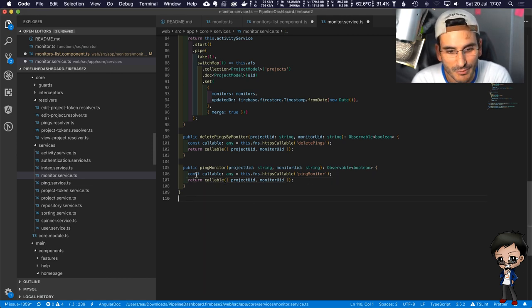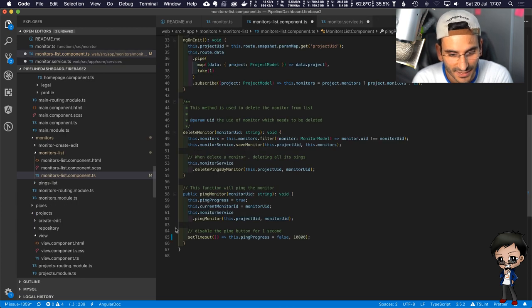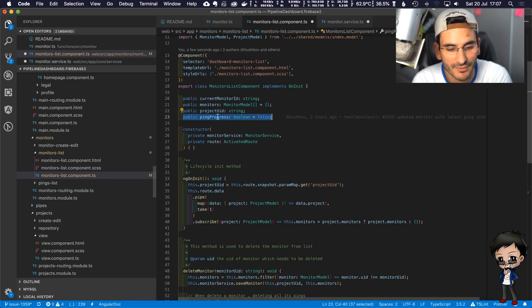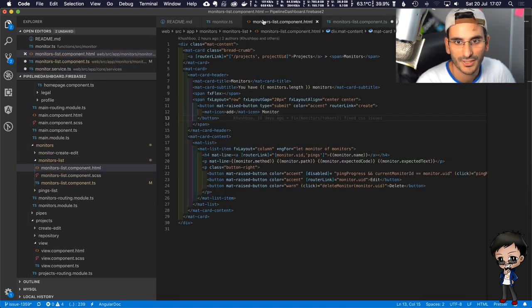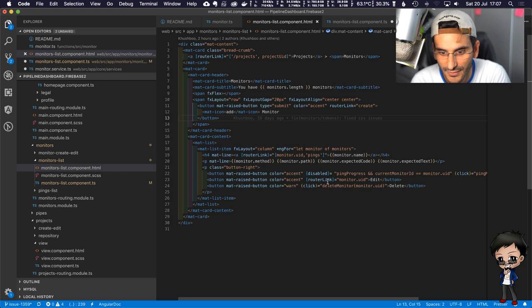Let me think. What can we do? This is in the service, and this is in the component. We need to move this to the service, because the service will always know. And then we could have a function in here that says ping progress. If I open the relevant HTML as well, you'll see that it's done with disable if the ping is in progress.